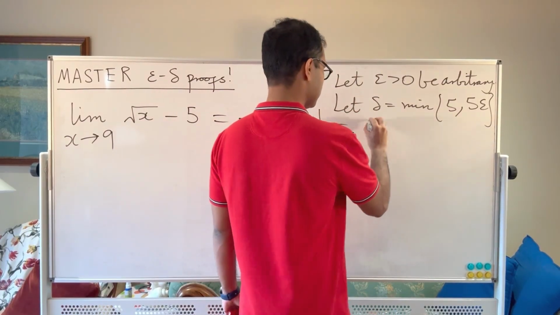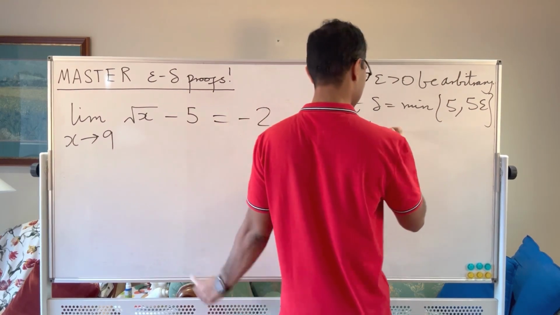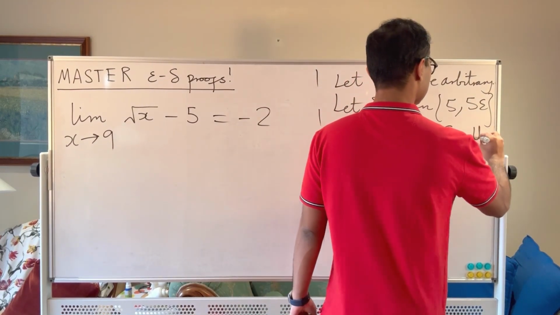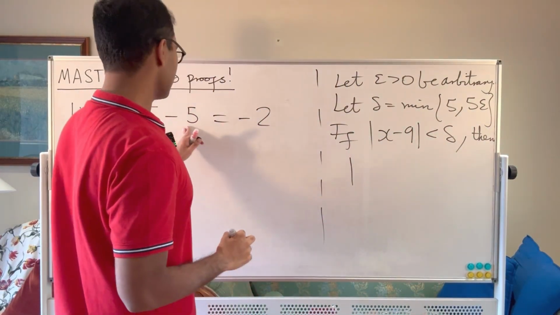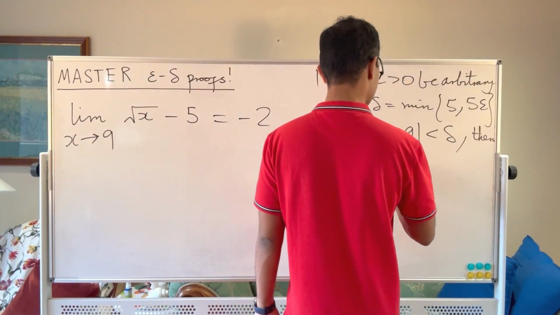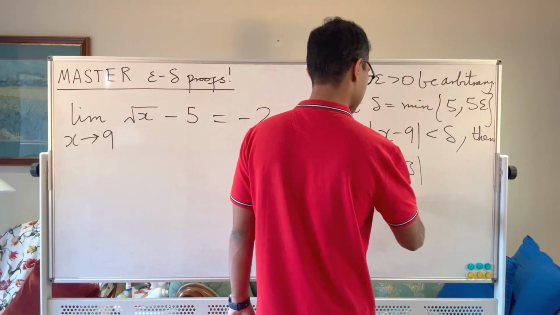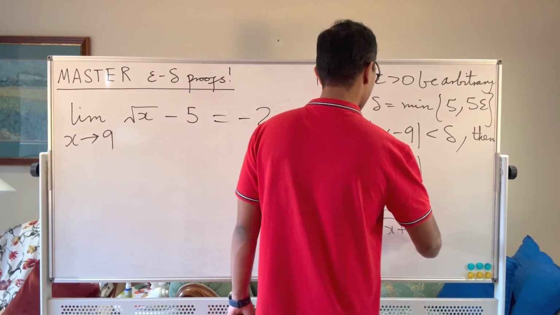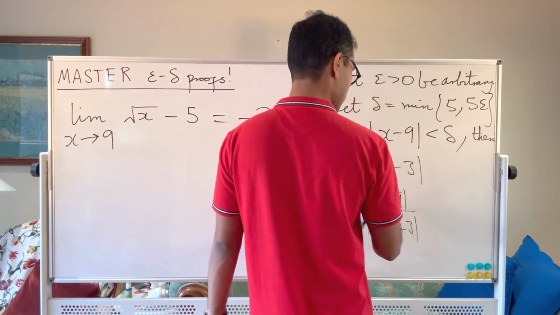So if the absolute value of x minus 9, because we're taking the limit as x goes to 9, is less than delta, then we know that the absolute value of this expression, root x minus 5 minus 2, which is going to be root x minus 3, is going to equal the absolute value of x minus 9 divided by the absolute value of root x plus 3. That's going to be the expression. And x minus 9 over root x plus 3,